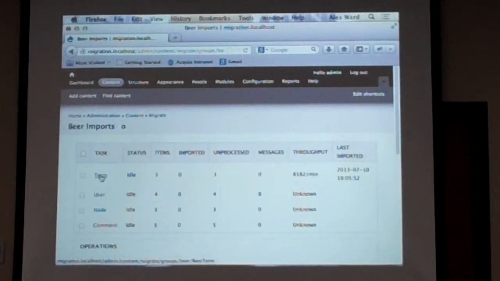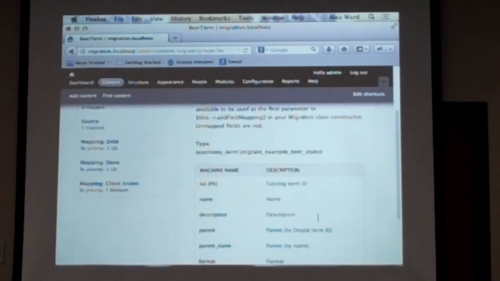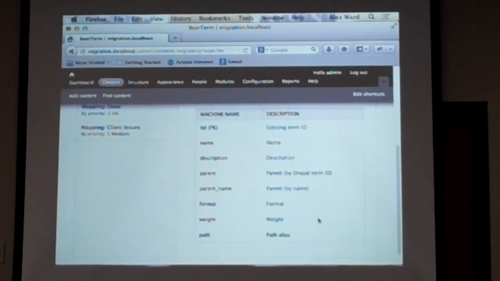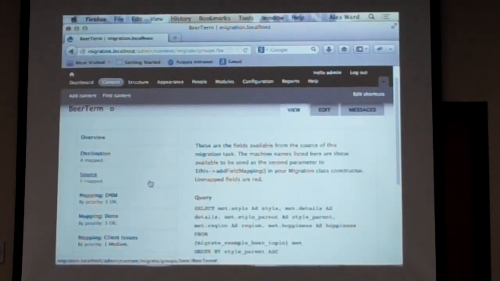So this is the beer term migration we were just looking at. It tells me these are my destination fields. So this is everything that one of our terms can take: term ID, name, description, parent name, those two I was talking about before, format, weight, and path. Those are everything that makes a term a term. And so Migrate knows that I've got all of these things that I can mess with while I'm doing my migration. I've got the source field,